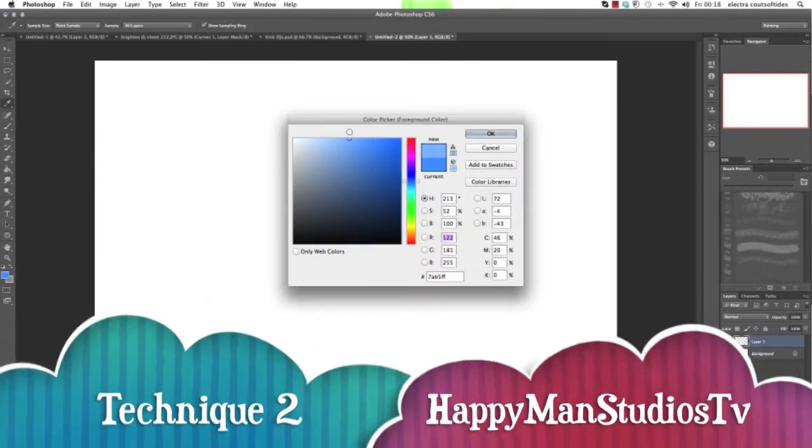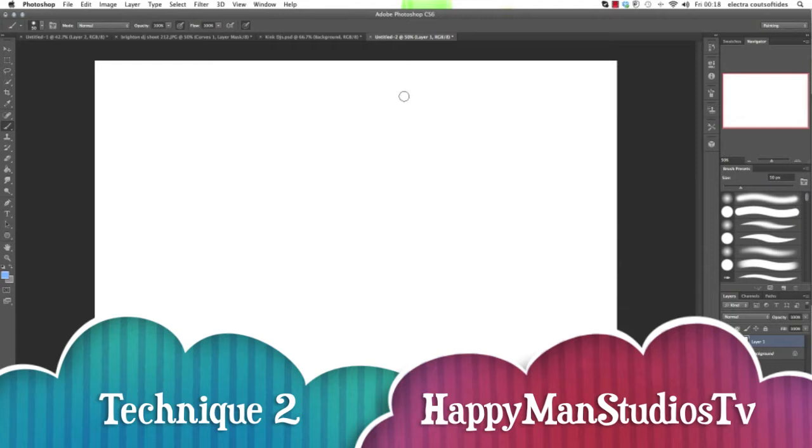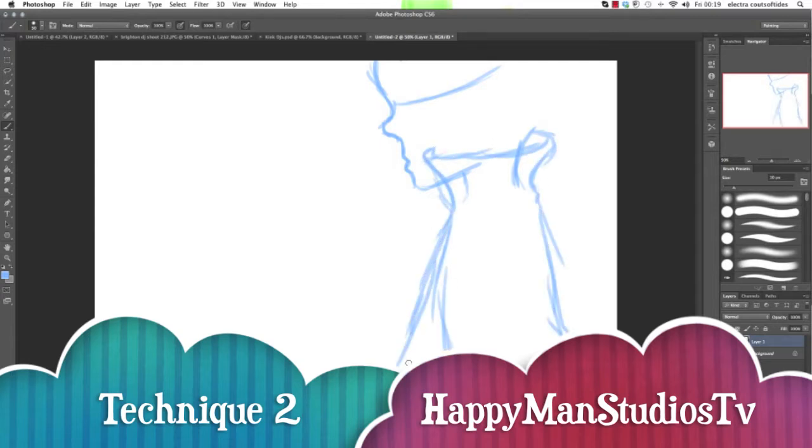Moving on to our second technique, this is a more time-consuming one, but if you really want to flesh out your ideas and get a good scope of what you're about to do, especially if you're using a large canvas or a big project, and once you have things fit, this is more of a plan sketching. So basically, you'll grab a